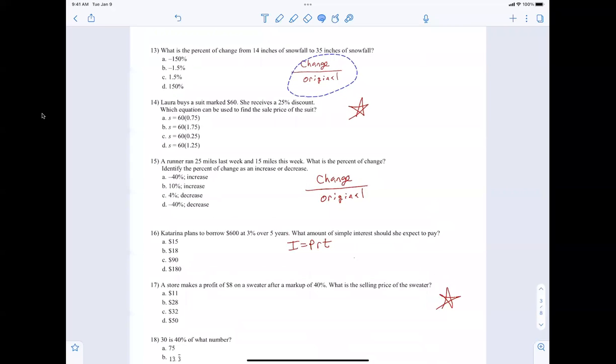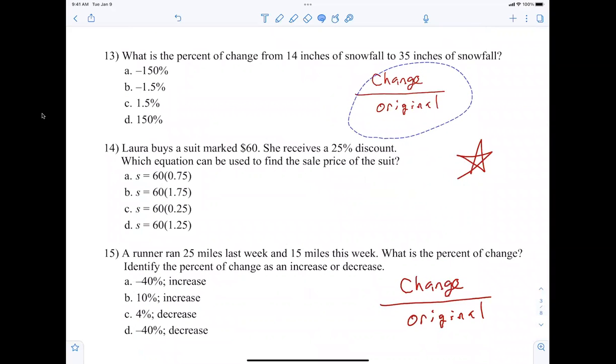Okay, so we went from what to what? Right, which is how much? 21, right? From 14 to 35 is 21. Is everybody okay with that? Because change just means what? Difference. And what operation is difference? Come on, guys, what operation is difference? Yes, right, subtracting. All right, so you just did 35 minus 14 equals,